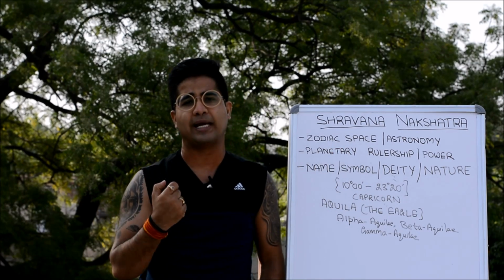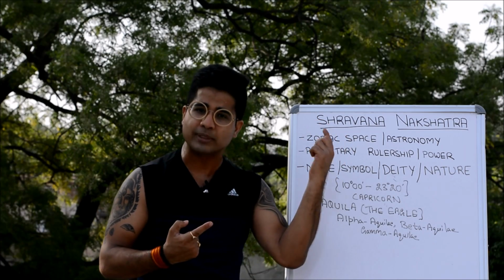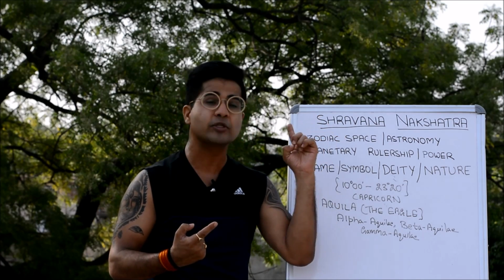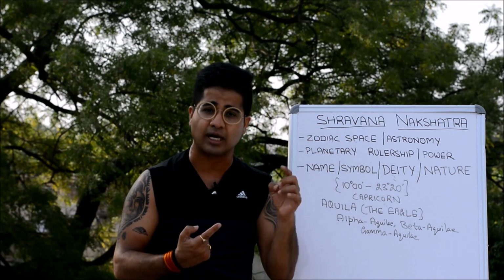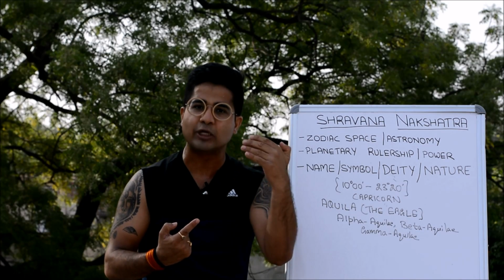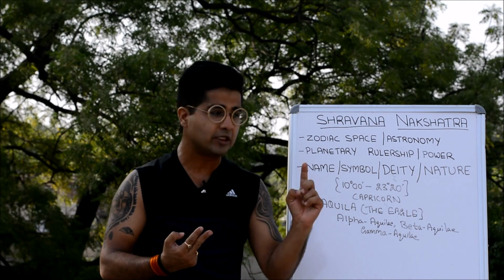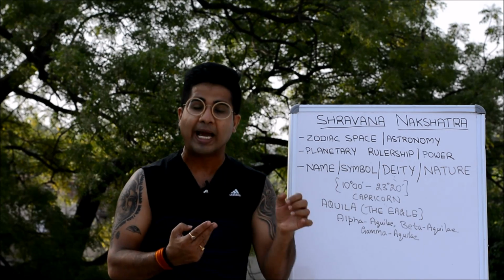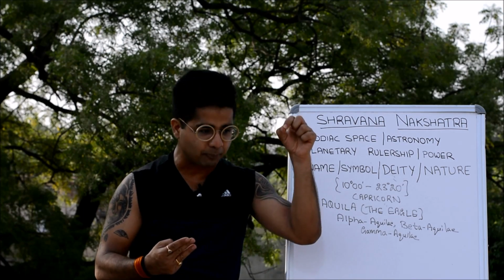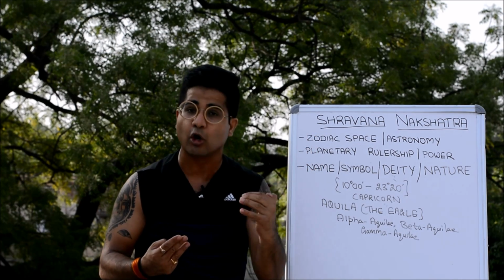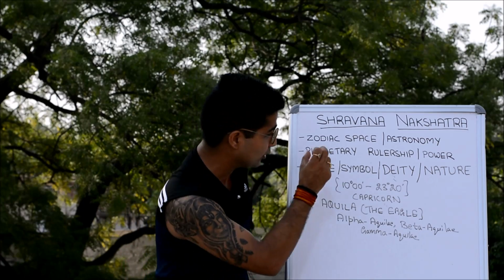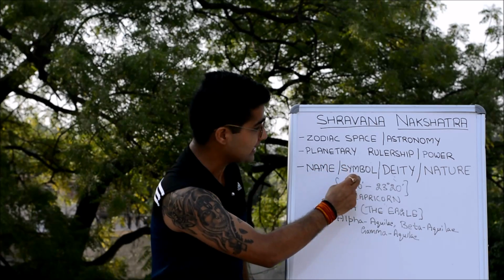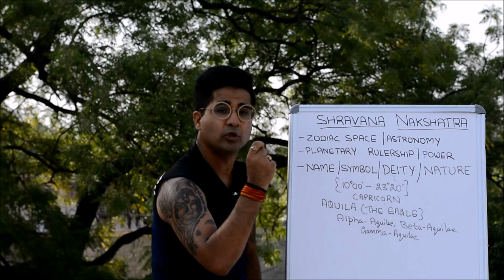Now what do you get to know from that? The first thing we get to know from this whole story, in the functioning of this Shravana Nakshatra, is that the person who is strongly under the influence of this nakshatra has the capacity to put up a very innocent front. Second, the person is very clever at getting his work done. And third is strong conviction, and putting value and worth on your word or your promise. So that is all you get to know from the mythological tale behind the 3 footsteps, which has been assigned as the symbol to this nakshatra.